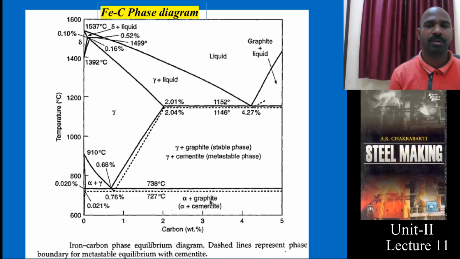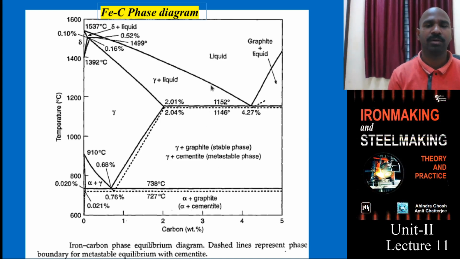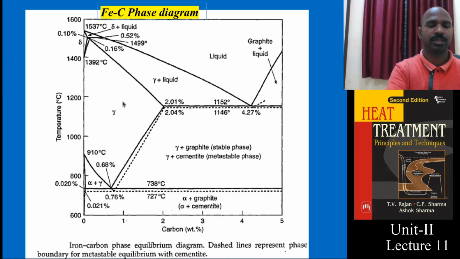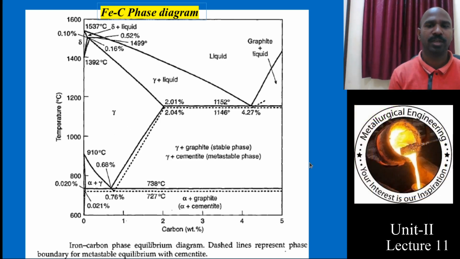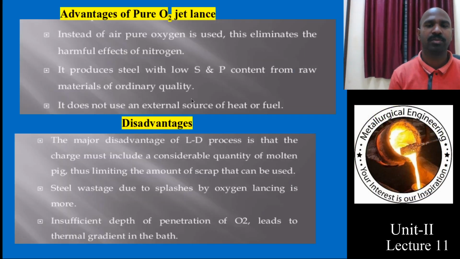Further, if you want to increase the carbon, the decarburization step of secondary steelmaking can be adopted. If you want to get the pearlite phase or the austenite phase, you need to adopt further heat treatment to convert from the parent phase of austenite to pearlite, martensite and bainite. This parent steel can be modified using heat treatment and secondary steelmaking processes.